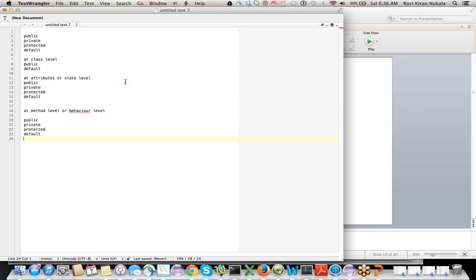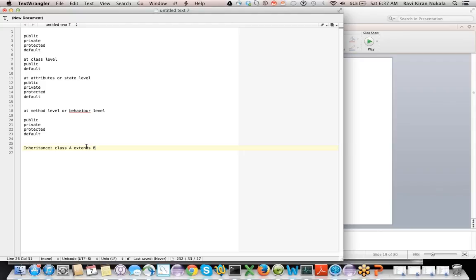Now, we talked about inheritance last week. In inheritance, how does this matter? Inheritance is class A extends class B, so anything that is part of class B is going to be inherited.